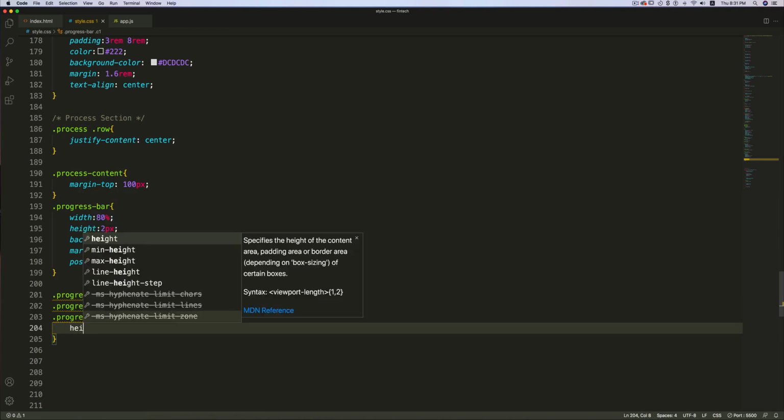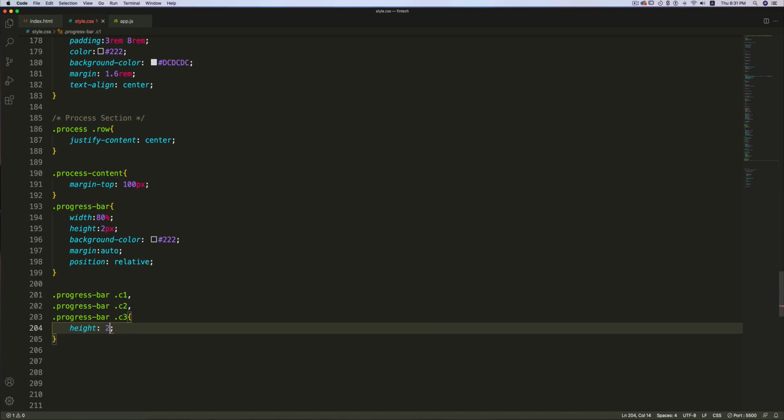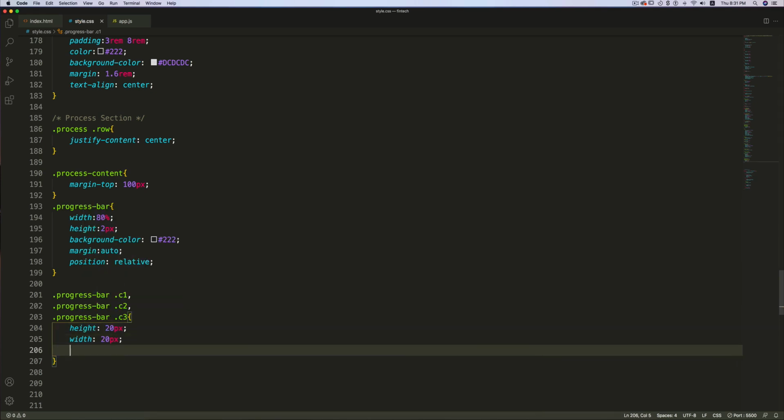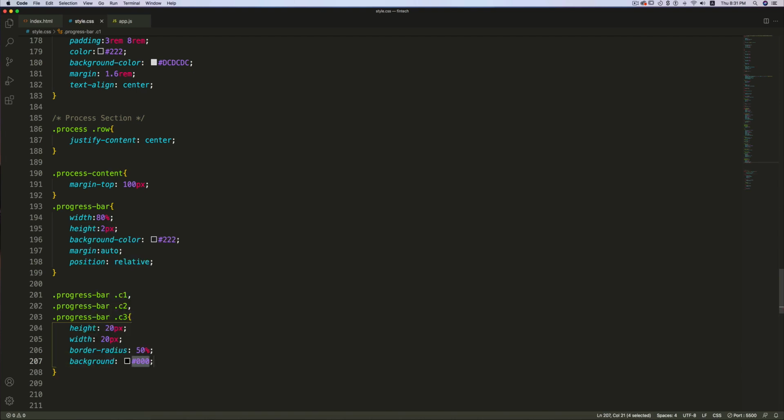Here I'm going to set the height to 20 pixel, width to 20 pixel, border radius will be 50%, and background color will be 222, and the position will be absolute.